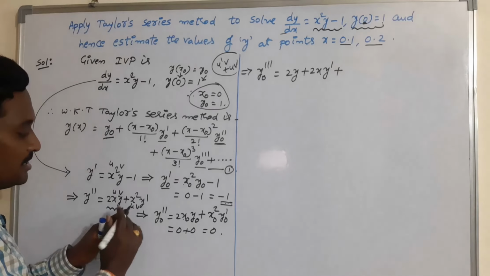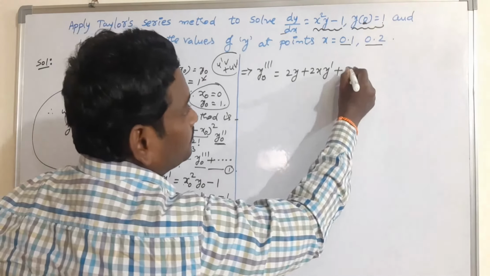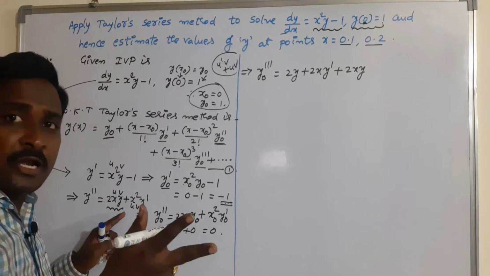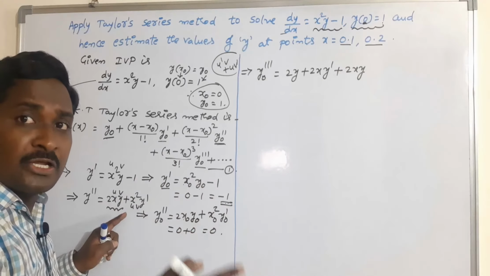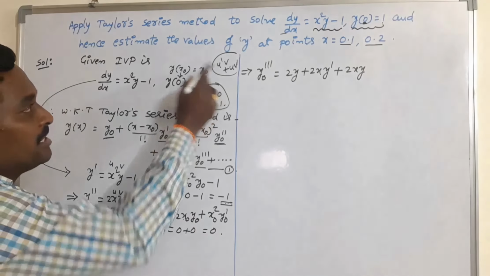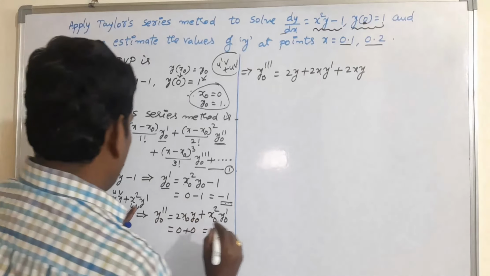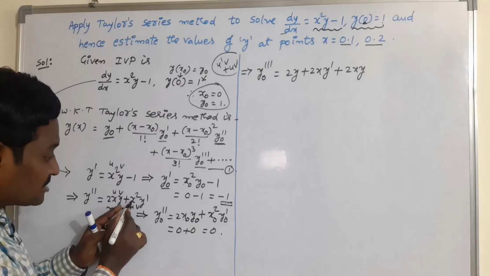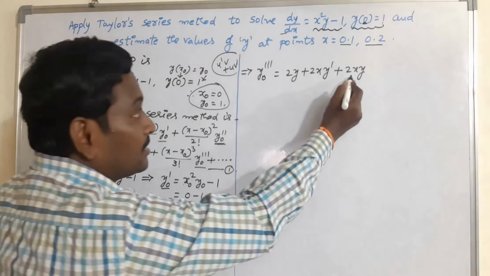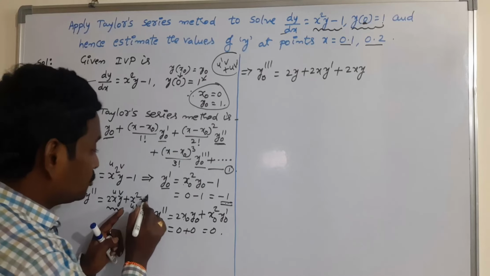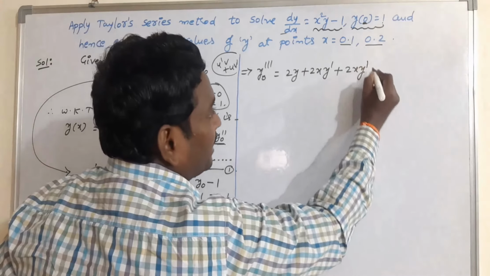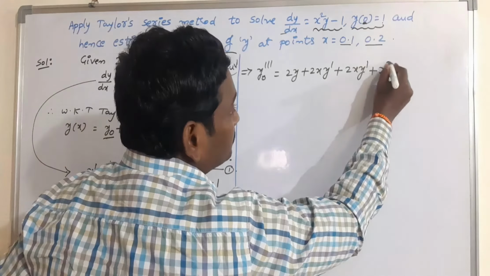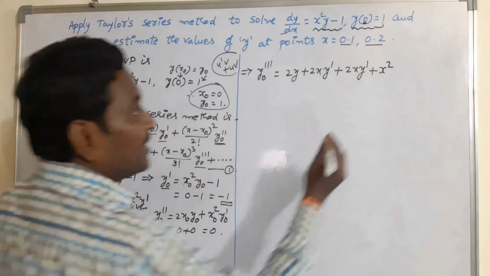See the next one. The derivative of x square y is 2xy. So whenever we have two terms in product, two variables in product, you should use the UV rule in differentiation. Plus, see carefully. Here we have x square, the derivative of x square is 2x, and here we have y dash. Don't forget this dash. Plus, now x square is a similar term. The derivative of y dash is y double dash.